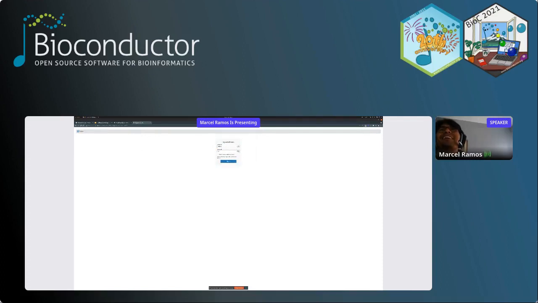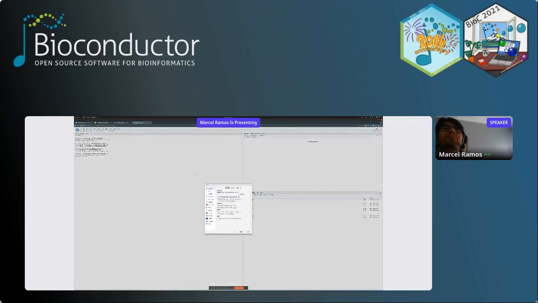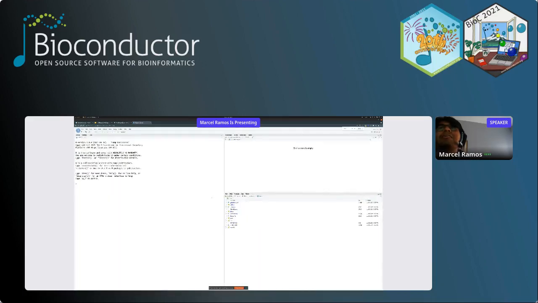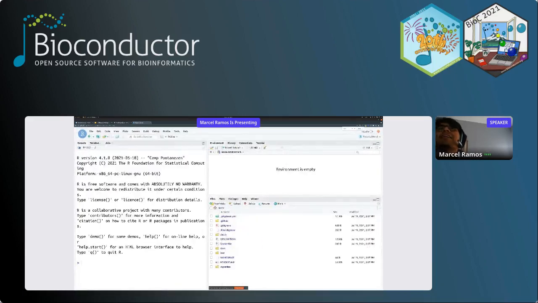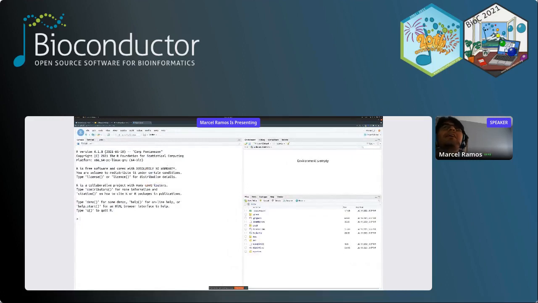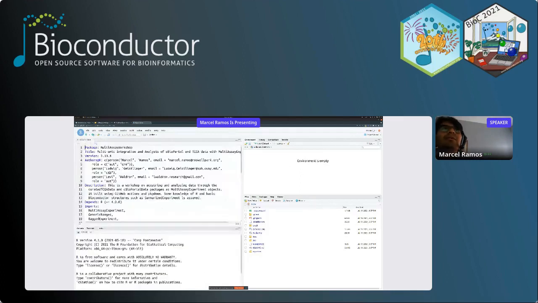But here I'm going to log in as RStudio with the username RStudio and the password RStudio. So this is our platform here. Bear with me while I change some settings here so that it's easier to see. Okay, so this is our instance for the workshop, and if you click on this DESCRIPTION file, you can see